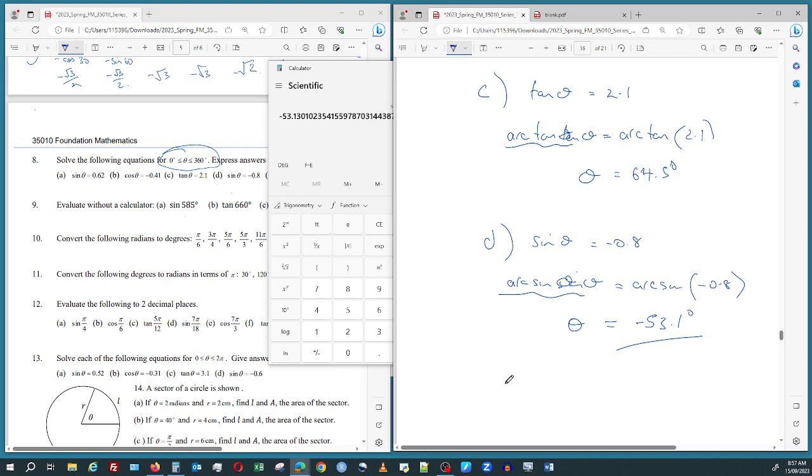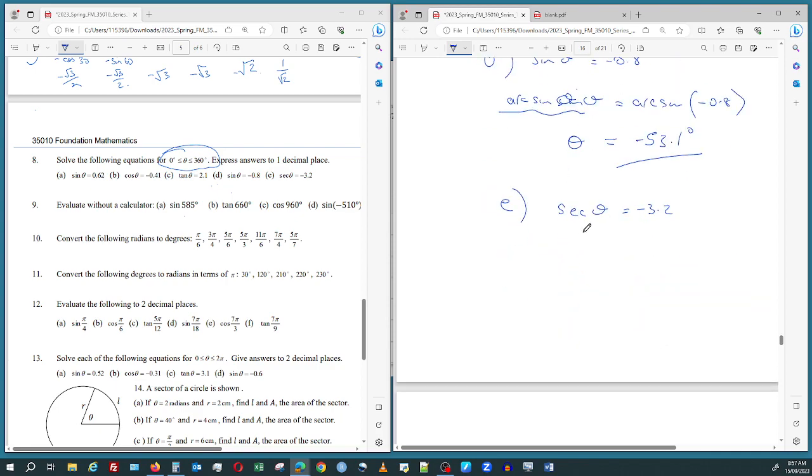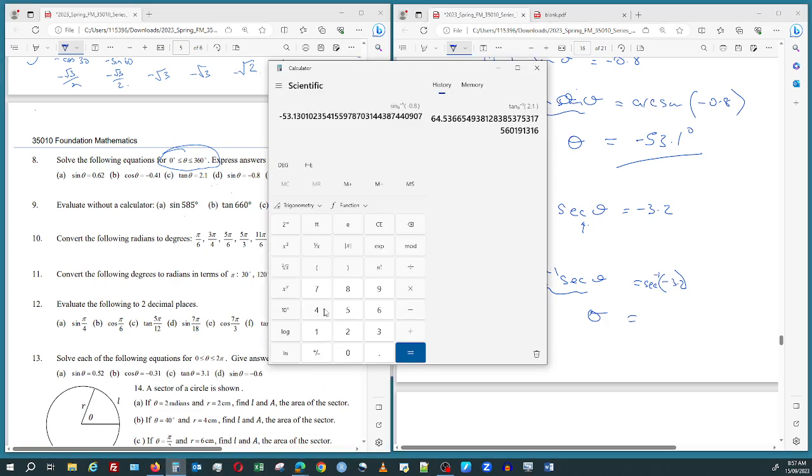E. Just using your calculator skills, isn't it? Sec theta equals minus 3.2. So sec is 1 over cos, but in any case we get sec to the minus 1 of sec theta, which will reveal theta because this is undo. So sec to the minus 1, which is equal to minus 3.2,